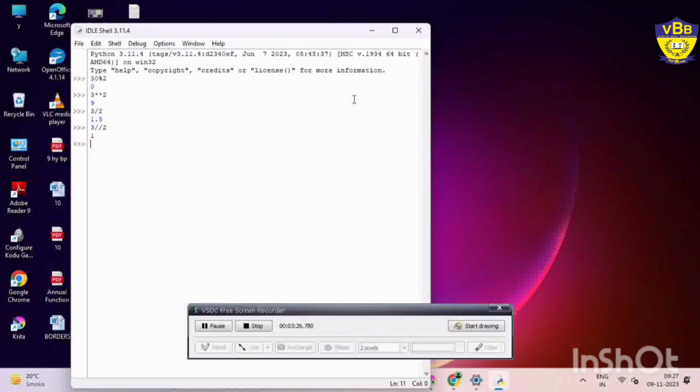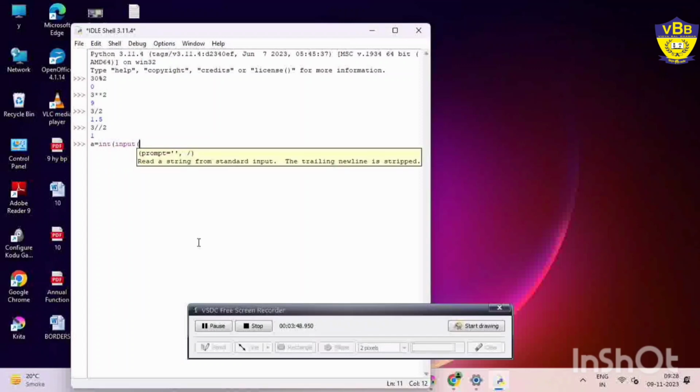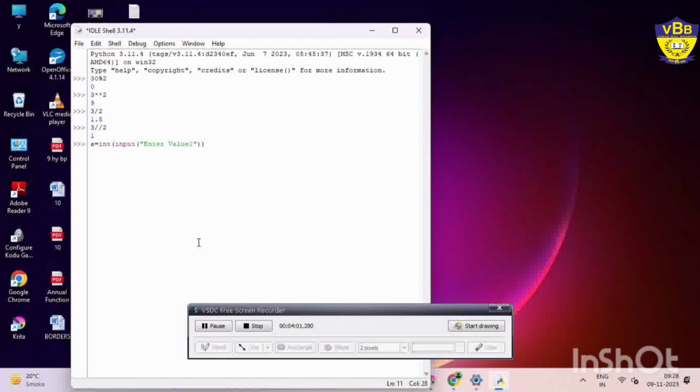How will you write the program for that? You just have to ask the user for two values and then print the arithmetic operations like plus, minus, divide. Suppose we have taken two values from the user as input. You can do the work in the shell mode or the script mode as well. The only problem with the shell mode is that you won't be able to save the program in the future, but it's okay, you can do it for trial purposes. Enter value 1 and then take the second value.